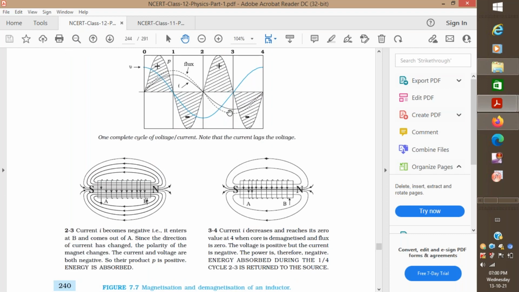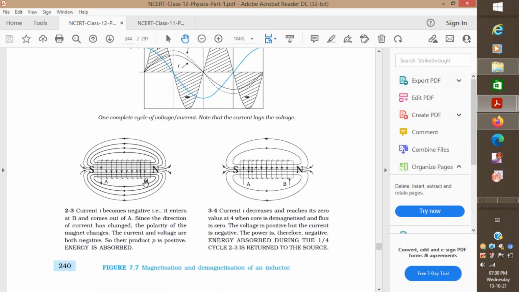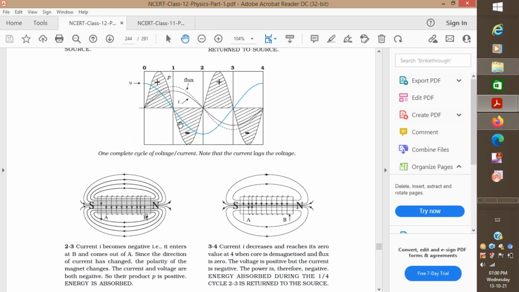And see, the current direction is negative, in the reverse direction. That means current is entering through B, and see the flux changes. Flux direction also changes. It is in the opposite direction. Look here, this dashed line is actually giving you the flux in the coil. So that is also reversing its direction. Since this is positive, and each time see the